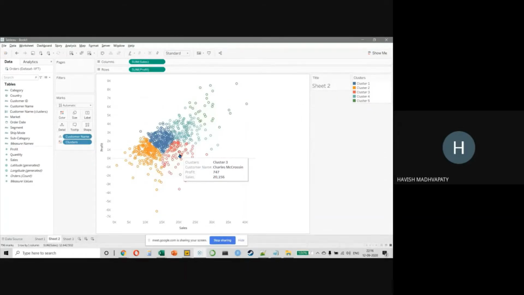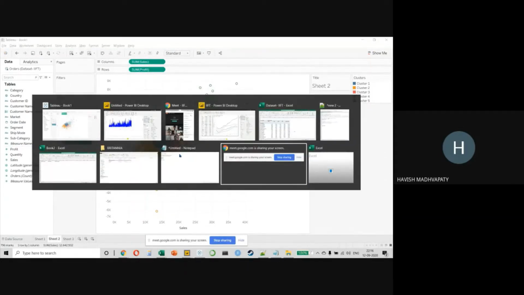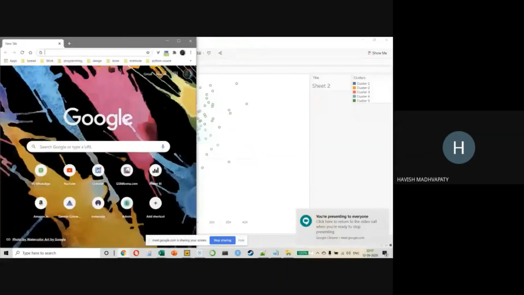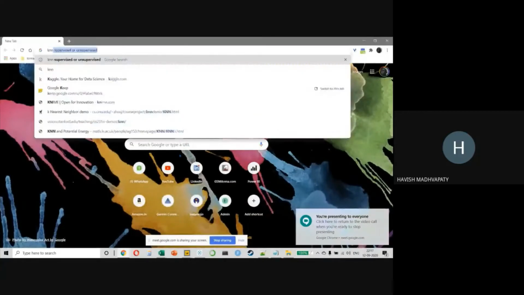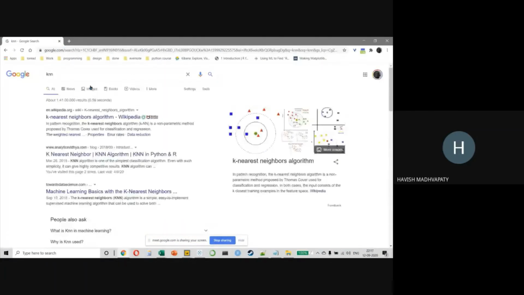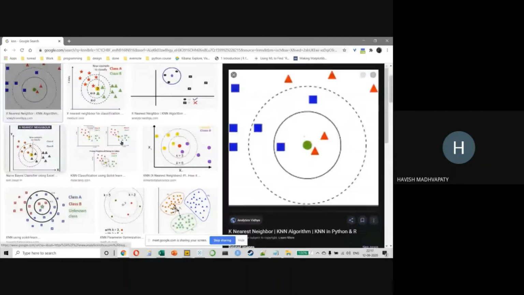Aditya, KNN is the most simple classification algorithm that you use in Python, called the KNN method. KNN basically says that it will look at different points in your scatter plot and it will create homogeneous clusters. So all these blue boxes that you see are similar to each other.